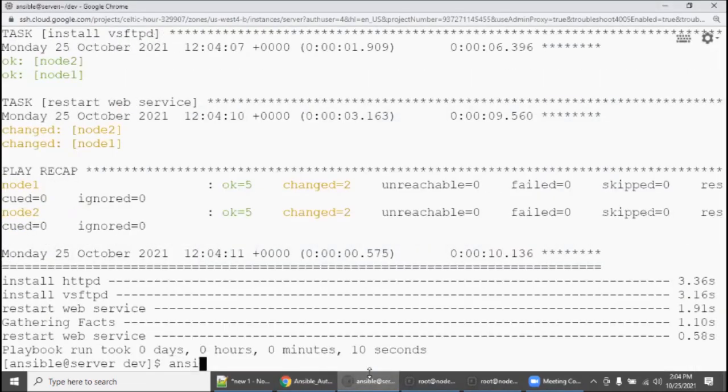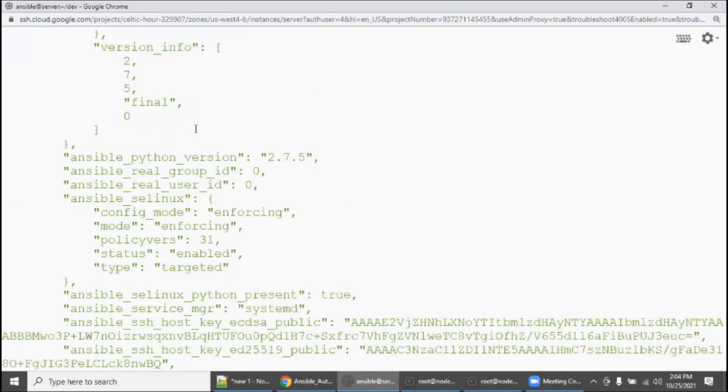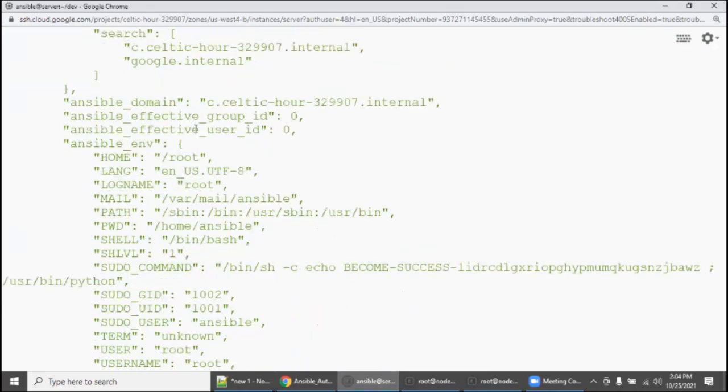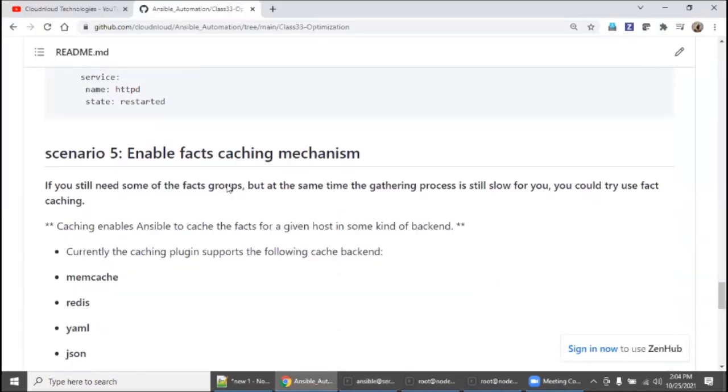How do you achieve this? So ansible node1 -m setup. This command will show you the whole facts for each machine. So this is what is happening while gathering the facts, right? Come down.